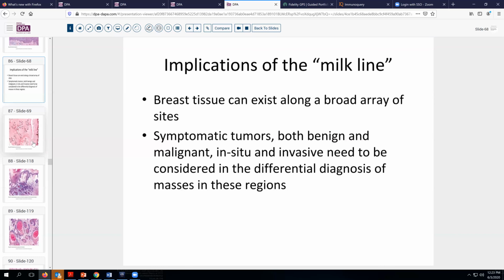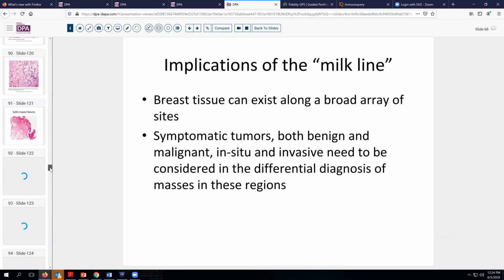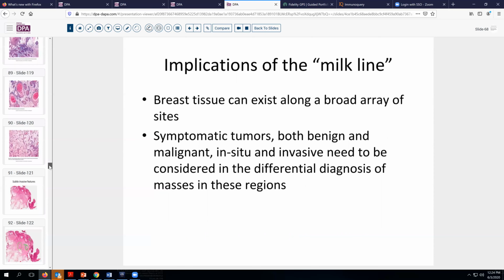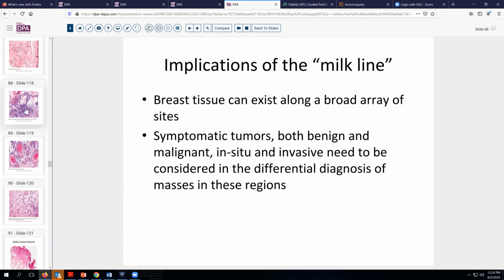Now, we mentioned the breast tissue that can exist here. And so it's important to keep in mind the varieties of breast tumors, both benign and malignant, in situ and invasive, that can occur here. So that's kind of a quick survey through the lesions of the area that are mostly non-malignant. Let's take a look here at some of the issues associated with